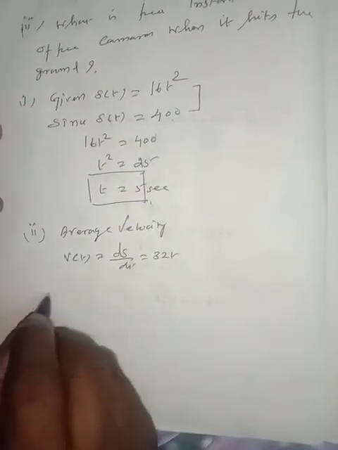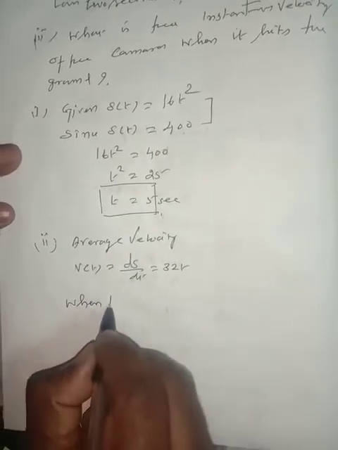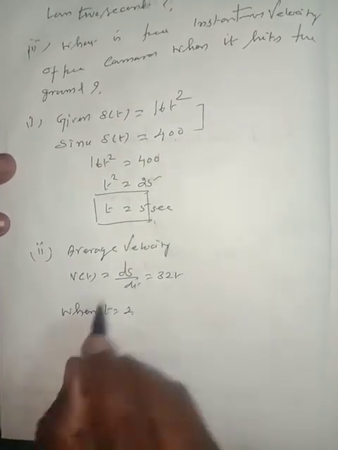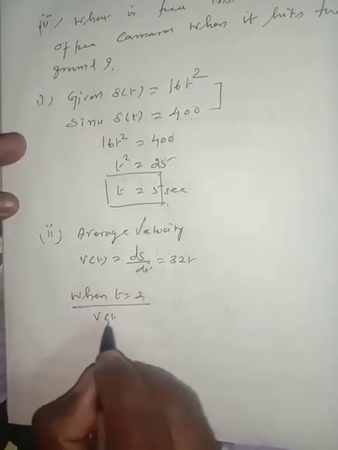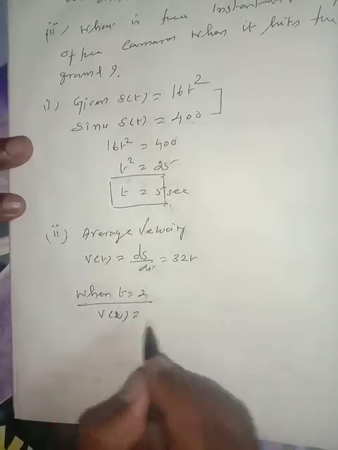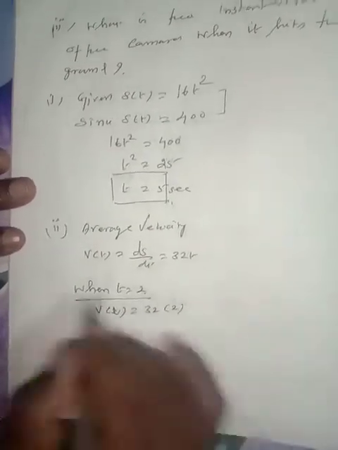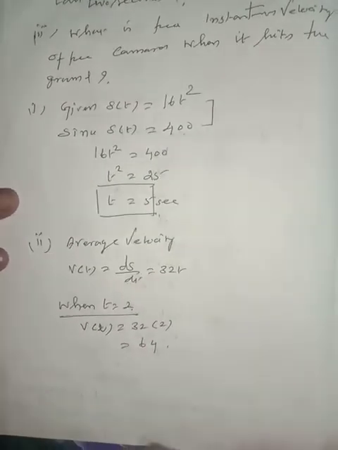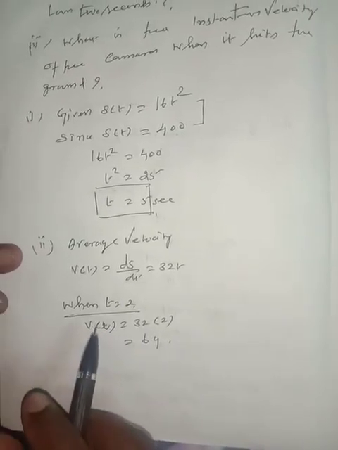When t is equal to 2 seconds, v of 2 is equal to 32 into 2 is equal to 64. Next, average velocity in